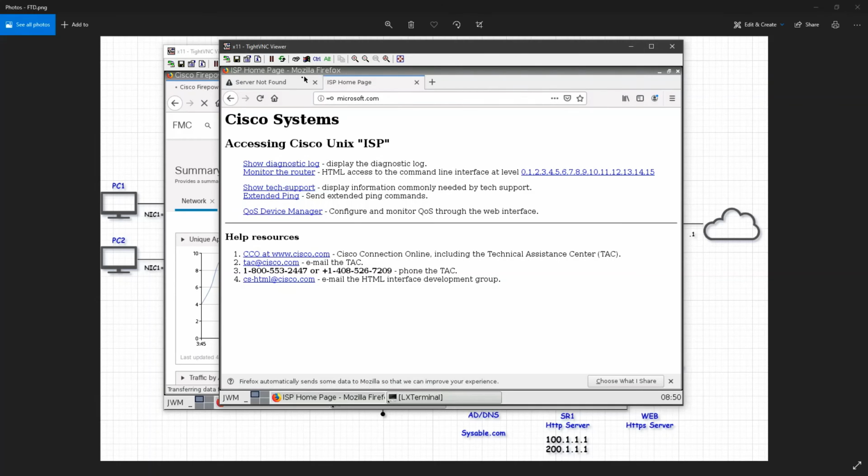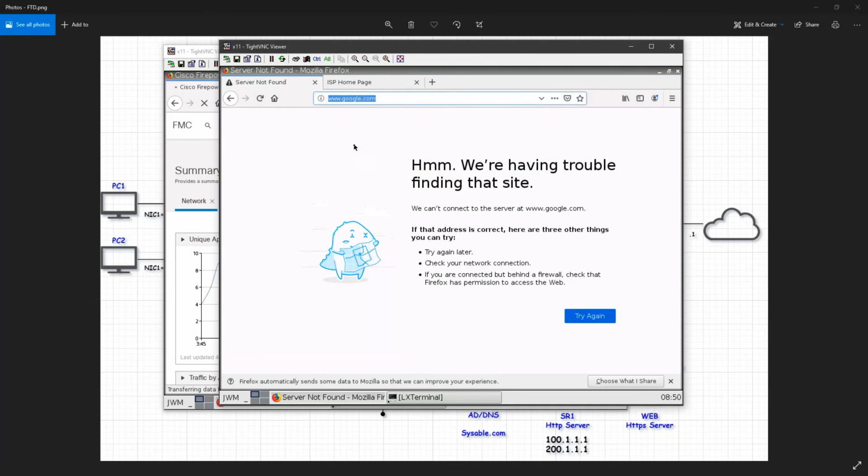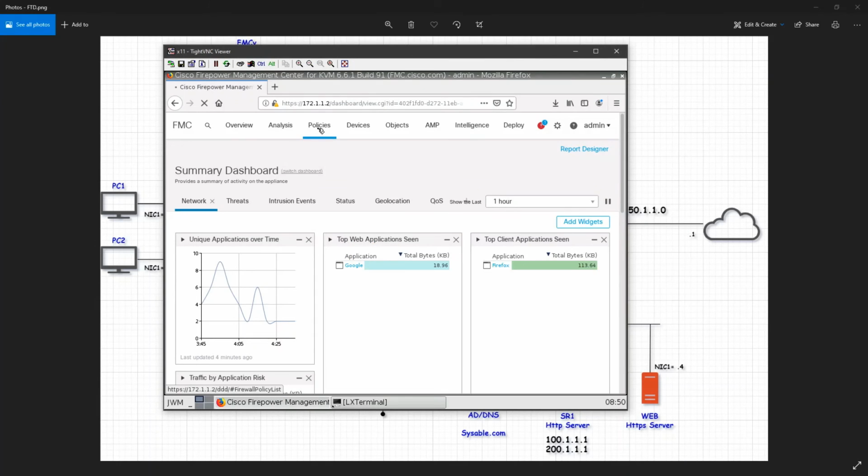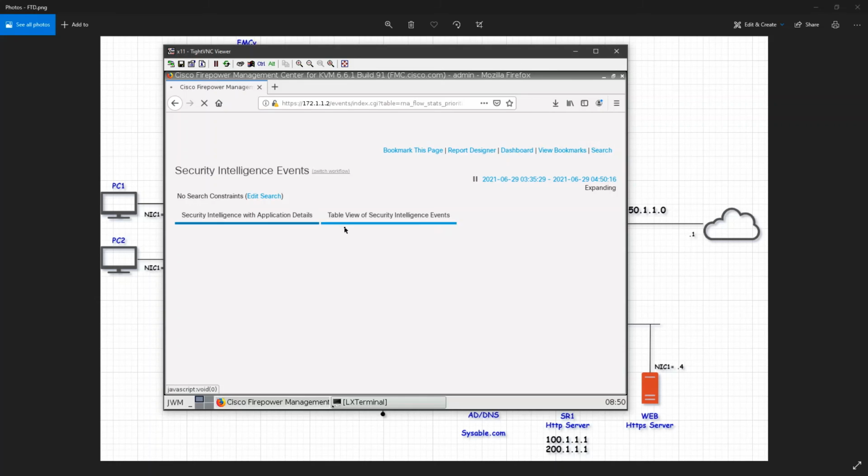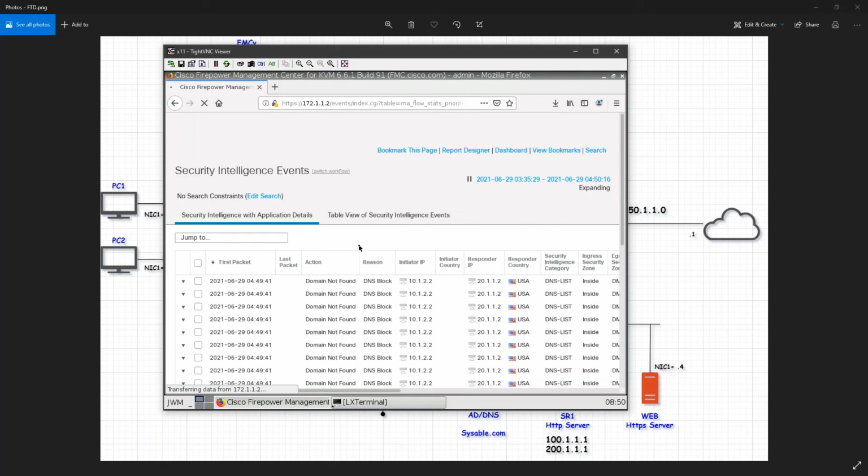Alright, as google.com has now been blocked, let's go to our analysis, and we will go to the security intelligence events. And here you should see domain not found. See that, domain not found, right? So this is the first packet, domain not found.